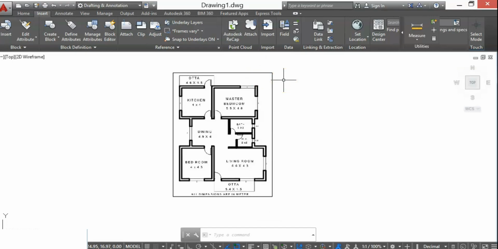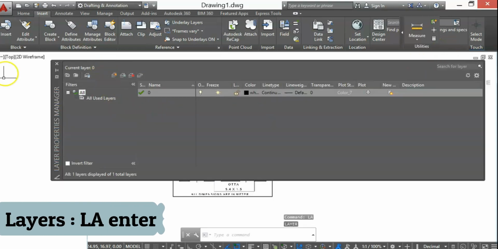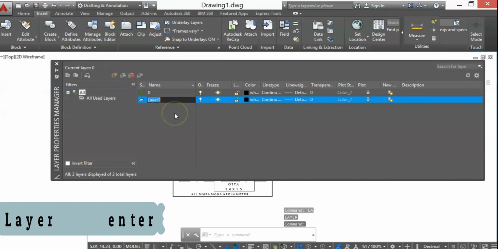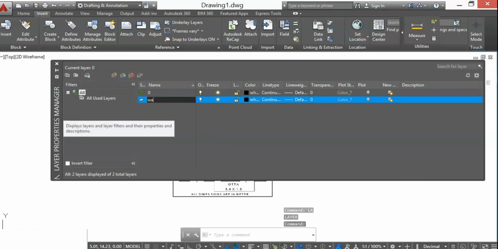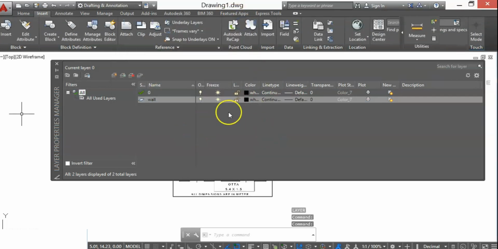Before starting the drafting, you have to create layers. For that, I'll type LA, enter. You will get this kind of display. In that, by clicking new layer, as I am making a layer for wall, so wall, you can select any colors.